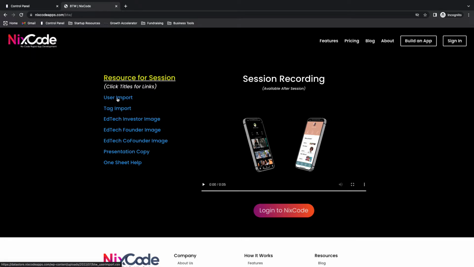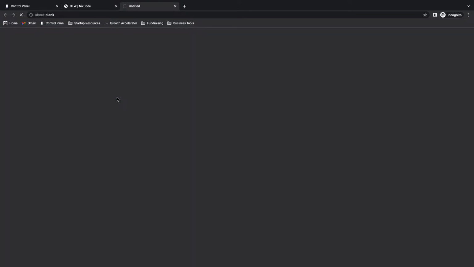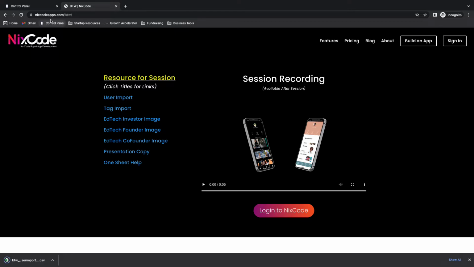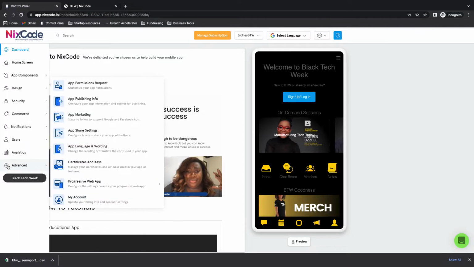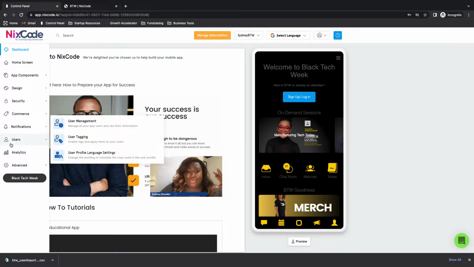But I'm going to go ahead and click user import, and it's going to send me the download so I can import my users. We already have them ready to go with their tags, so you don't have to worry about that. All right, so it's downloaded, and now that I have my users imported, I'm going to go to users, user management,